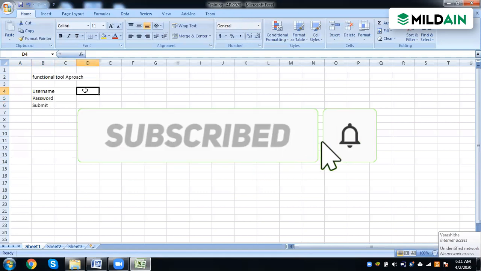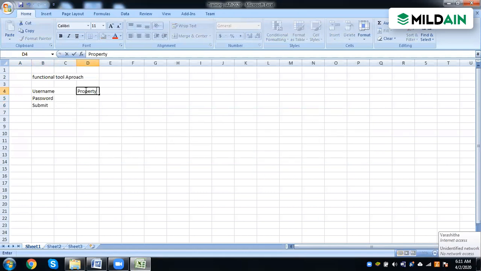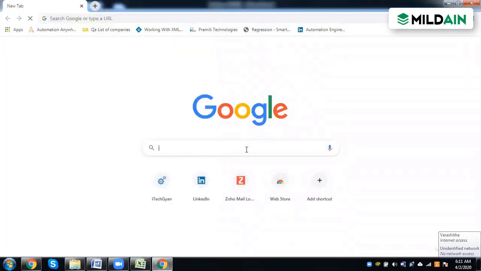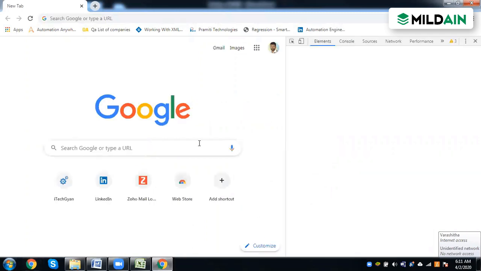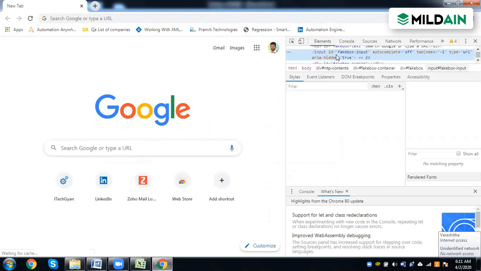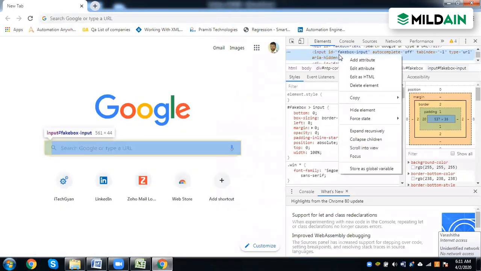Similarly, the tools will identify with respect to property and then with respect to its value. For example, on Chrome, say I have my Google page. When I right click and inspect, it will show the properties.